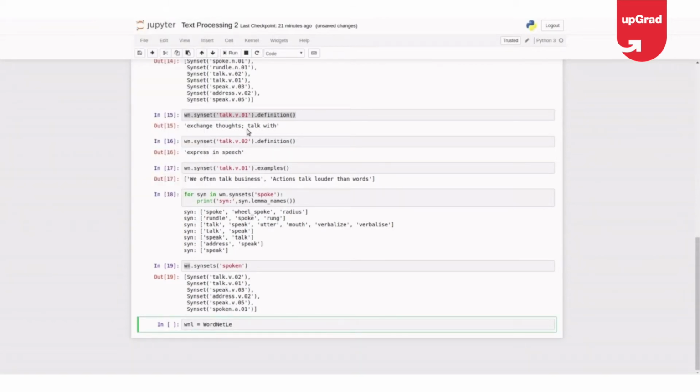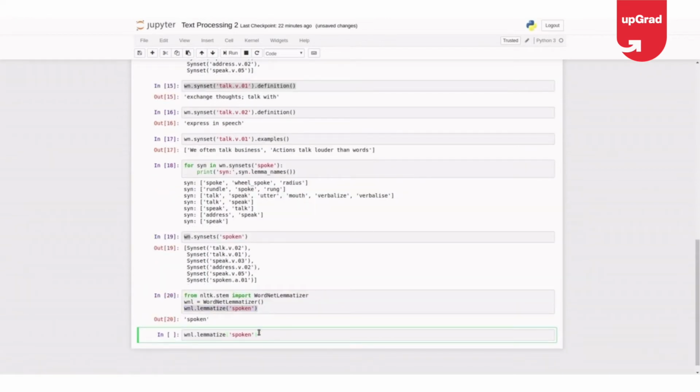Yeah, sorry, I need to import it from NLTK dot stem import WordNetLemmatizer. WNL equal to WordNetLemmatizer. WNL dot lemmatize, spoken. So by default spoken is a noun I'm giving, because I'm not specifying any parameter for it.